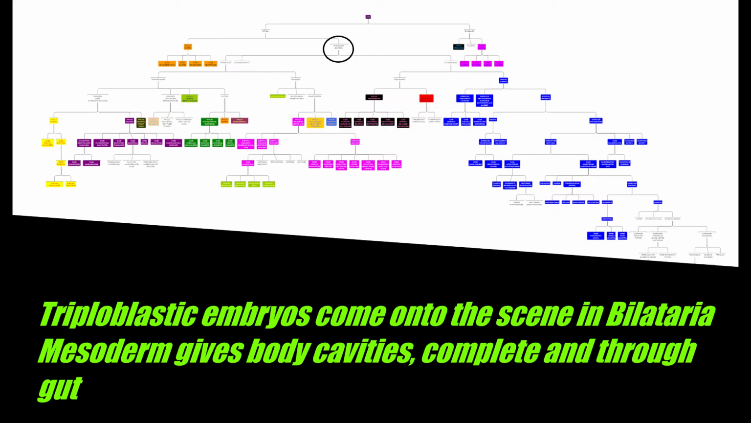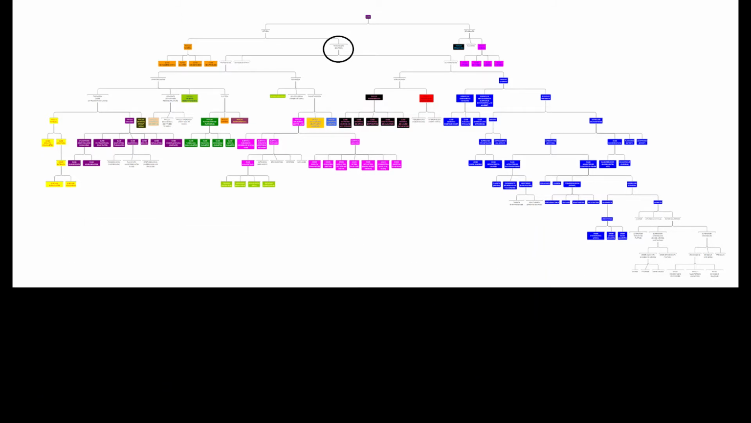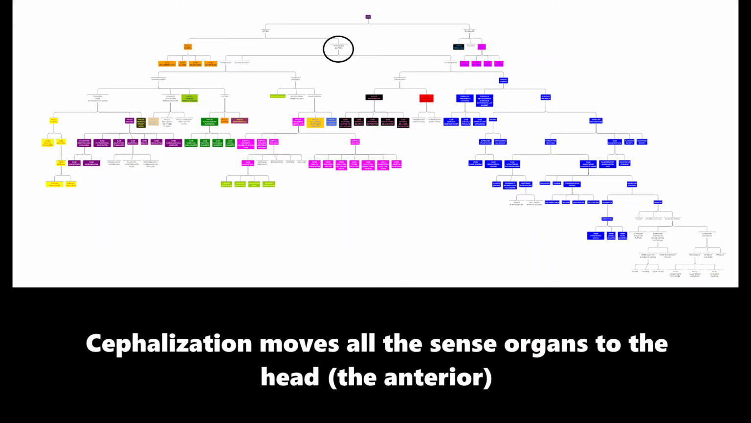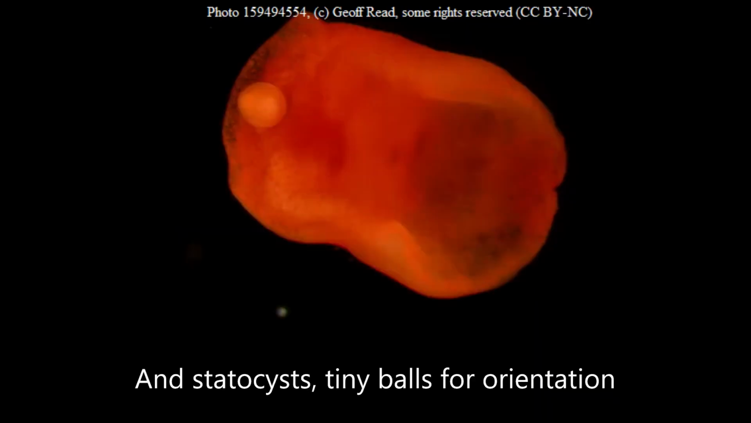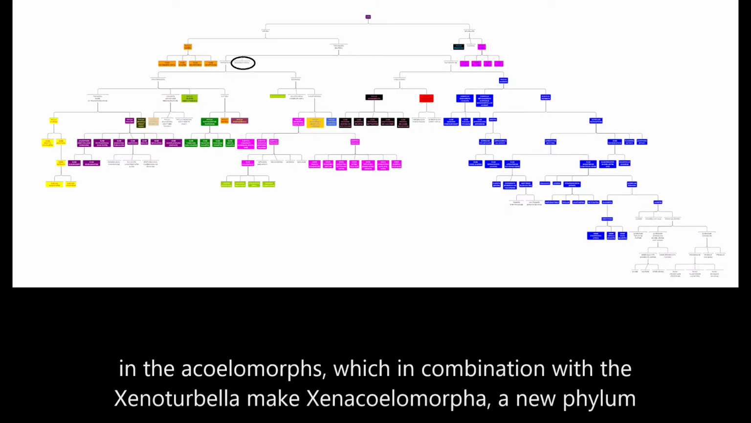Triploblastic embryos come onto the scene in Bilateria. Mesoderm gives body cavities, complete and through gut. Cephalization moves all the sense organs to the head, the anterior, and statocyst, tiny balls for orientation in the coelomorphs,